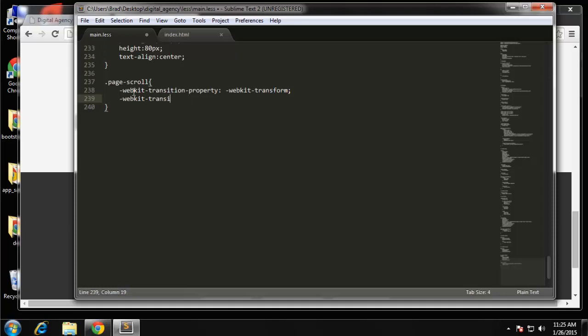transition, WebKit transition duration, we'll say 1 second, and then also we're going to add the Moz prefix as well for Firefox. Alright,